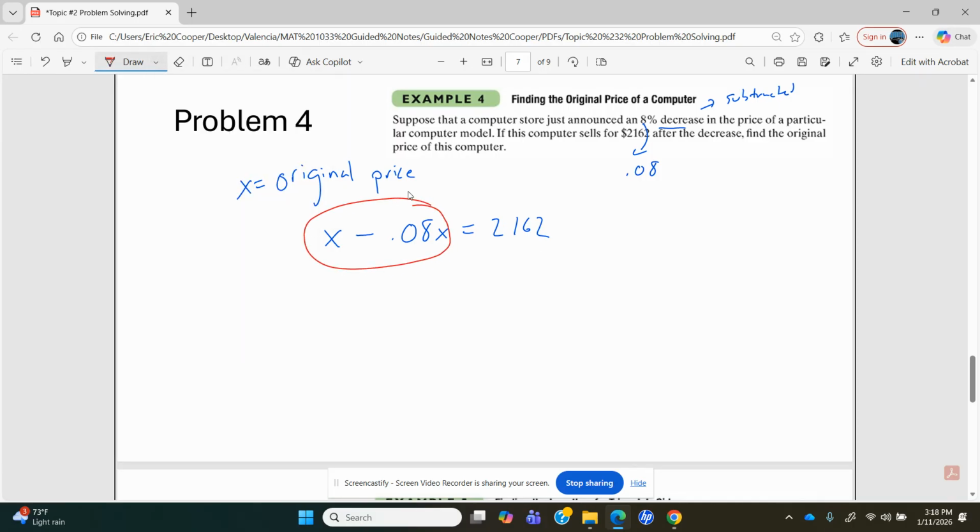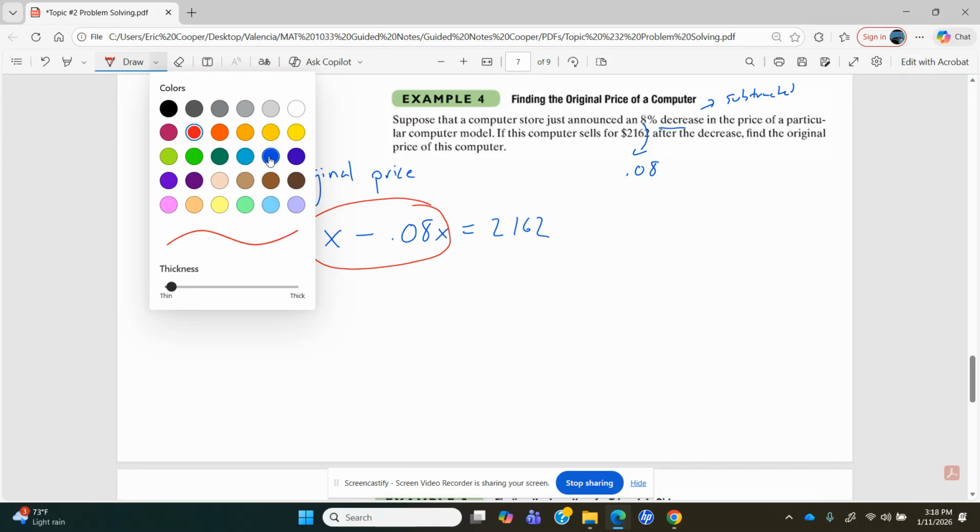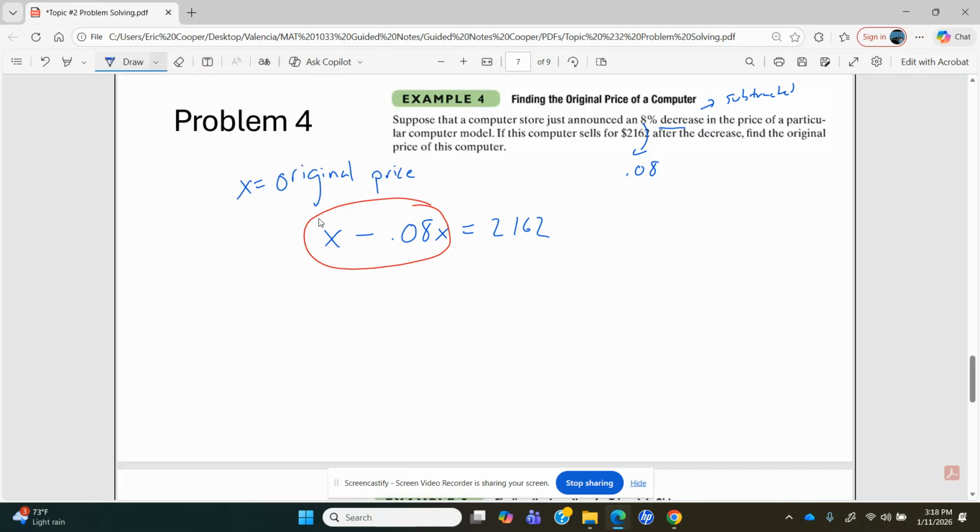Now we can go through and solve this for x. These are like terms because they're on the same side. So we'll go ahead and combine them, remembering that this is just 1 here. 1 minus 0.08 gives me 0.92x equals 2,162. My job is to get x by itself, so I will divide both sides by 0.92. Now don't be surprised when you divide by a number that's smaller than 1, just like 0.92 is, the number is going to get bigger. So when we do that in our calculator, we actually get